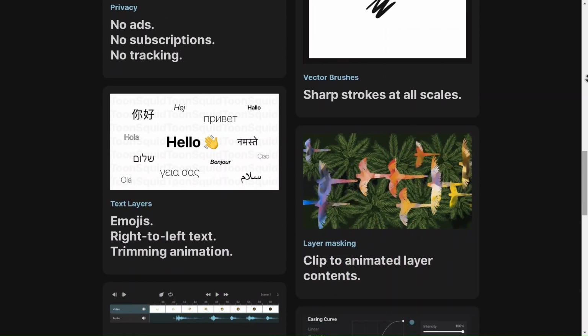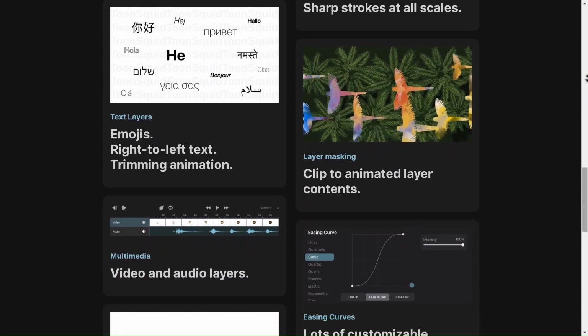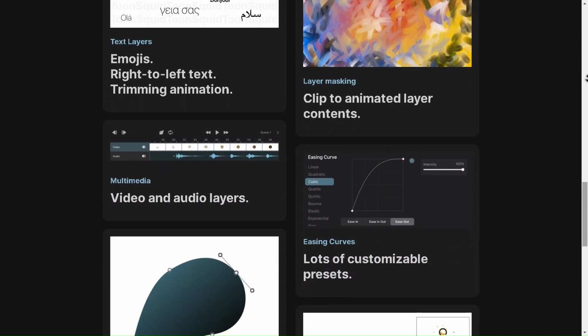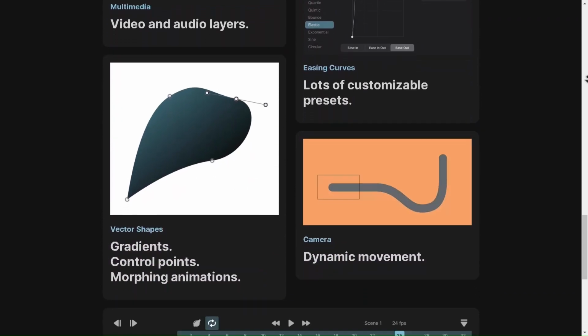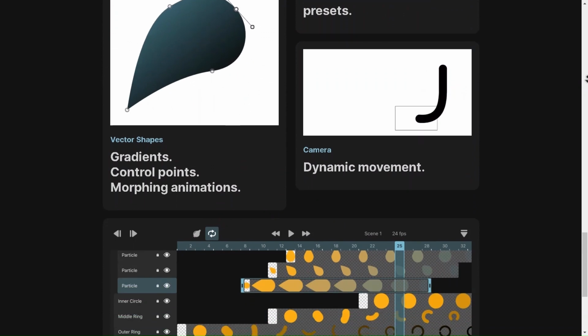Want to add some flair? You can incorporate sound effects and music to make your animations pop even more. And when you're ready to share your masterpiece, exporting is a breeze, perfect for social media or just showing off